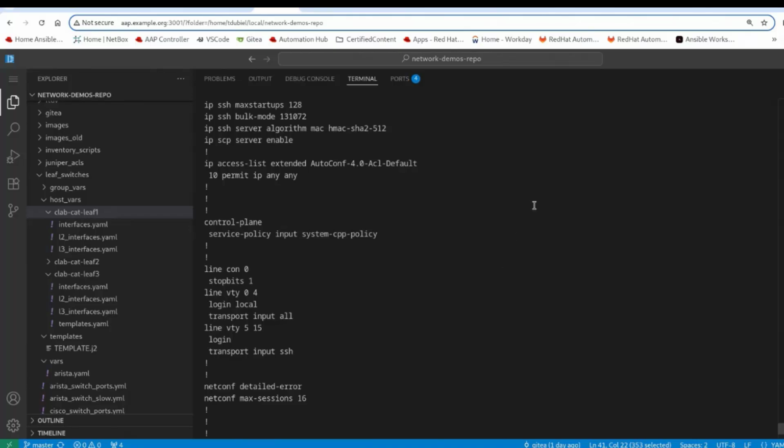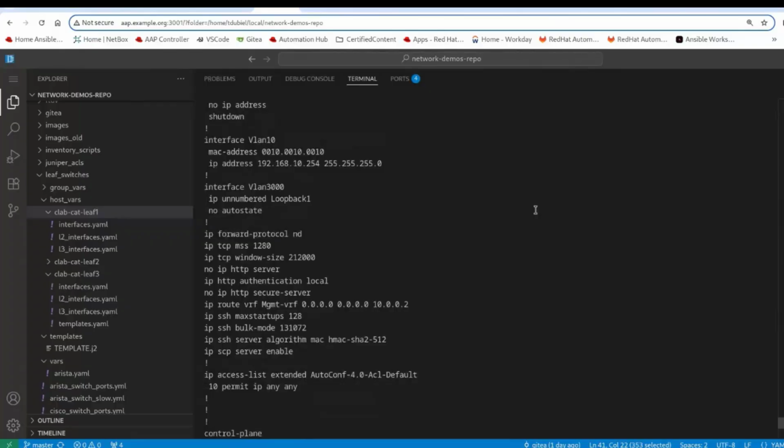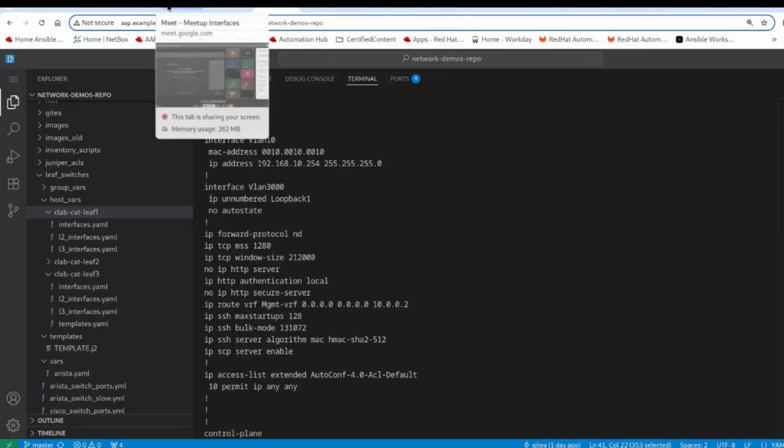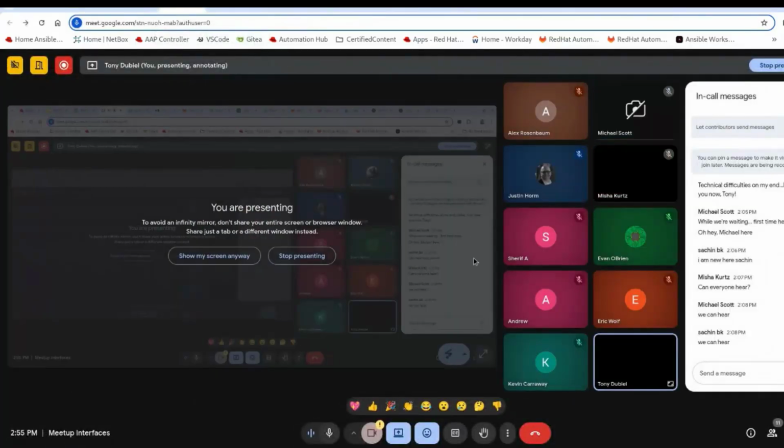But that was specific to Catalyst, not Nexus. Unless there's some other way to do it on the Nexus, I'll have to look a little bit more into that, but I couldn't find it, at least offhand, when I was looking the other day. So with that being said, and I know we're almost out of time here,